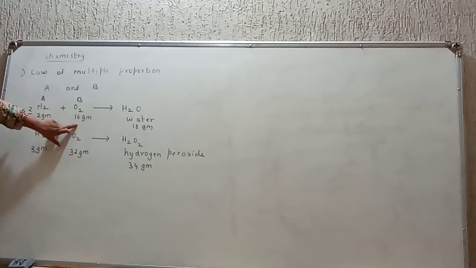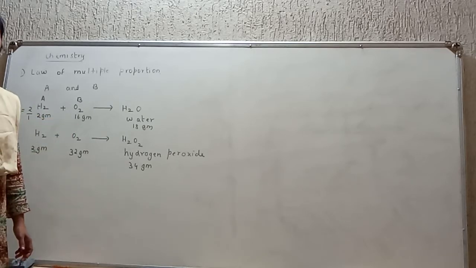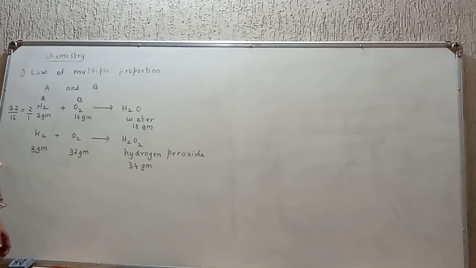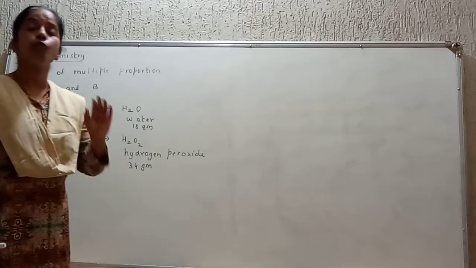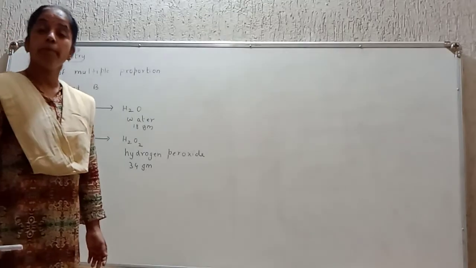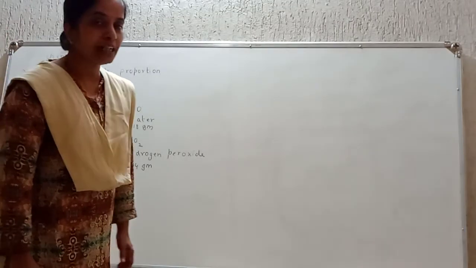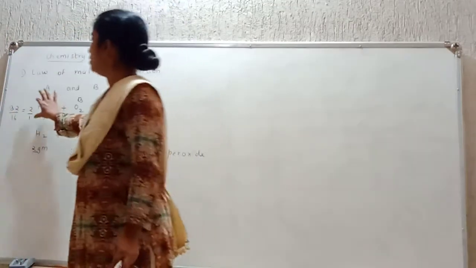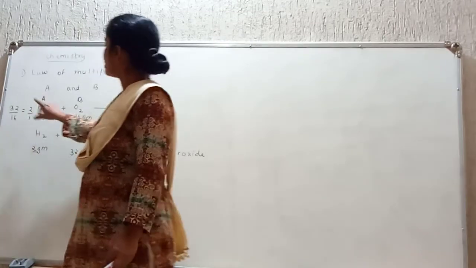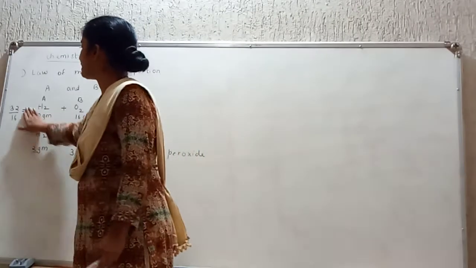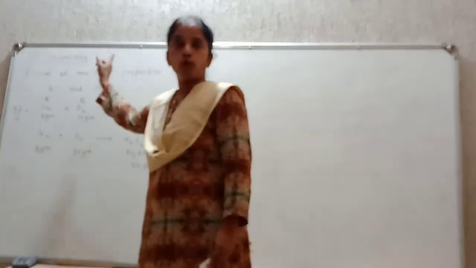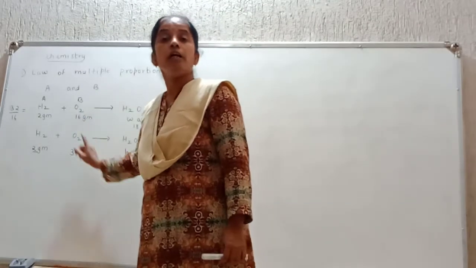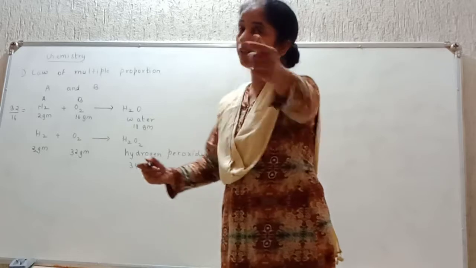Mean 32/16 is a simple whole number ratio है तो, that is 2/1. That is called as law of multiple proportion. परत रिवाइज करते हैं. If two elements A and B combine together to form more than one compound, then the mass of element B that combines with element A is in the simple whole number ratio. म्हणजे हायड्रोजनचे तुम्ही दोन्ही साइडला 2 ग्राम घेतलेत, पण ऑक्सिजन for water you have taken 16, whereas for peroxide you have taken 32. I'll give you two more examples.